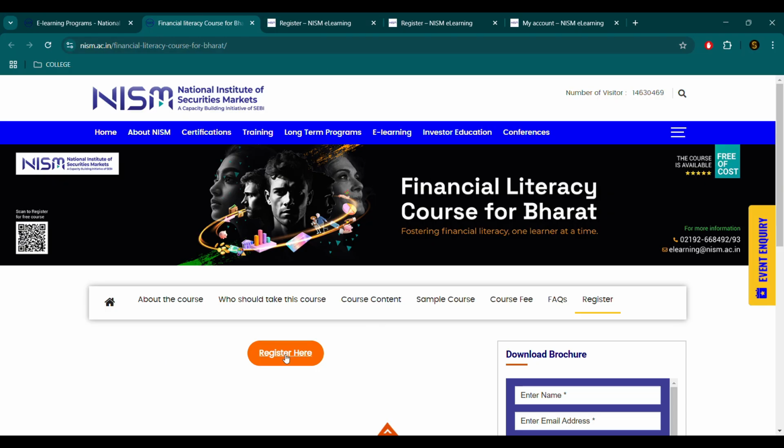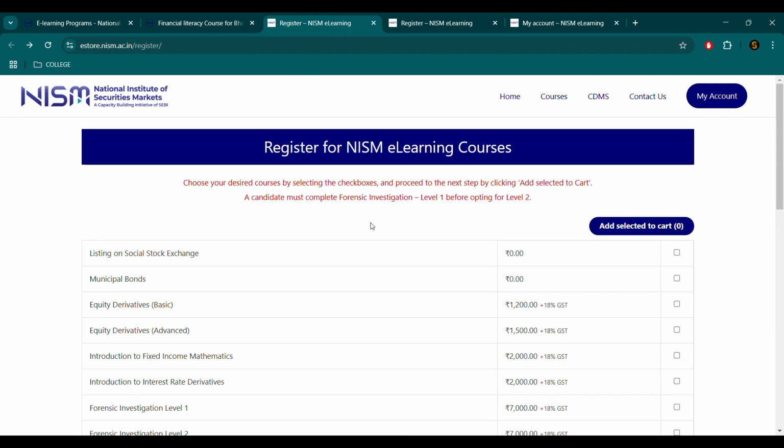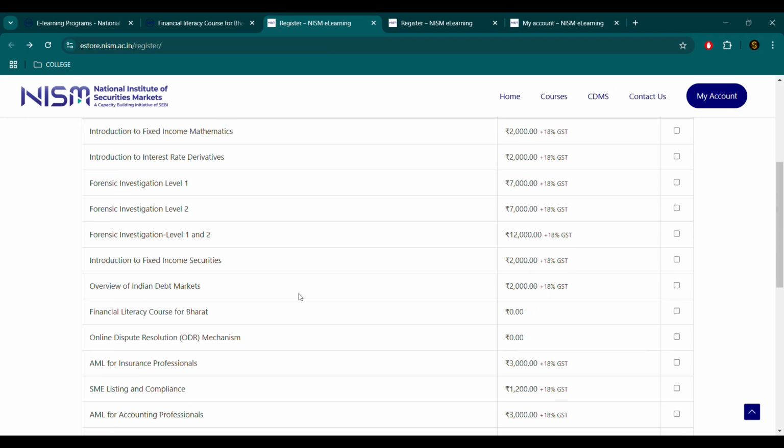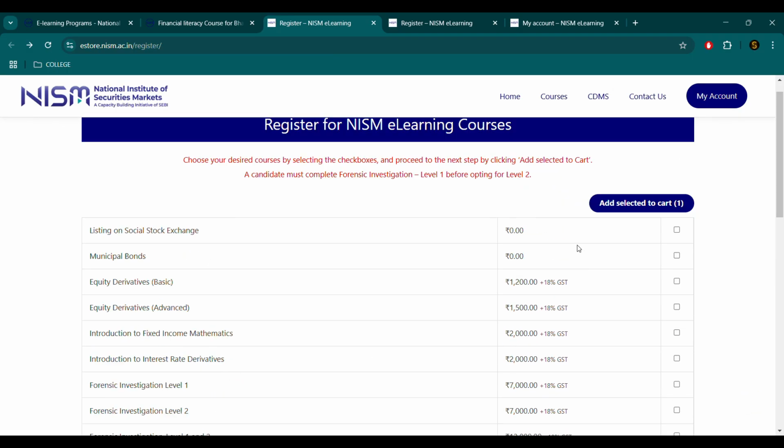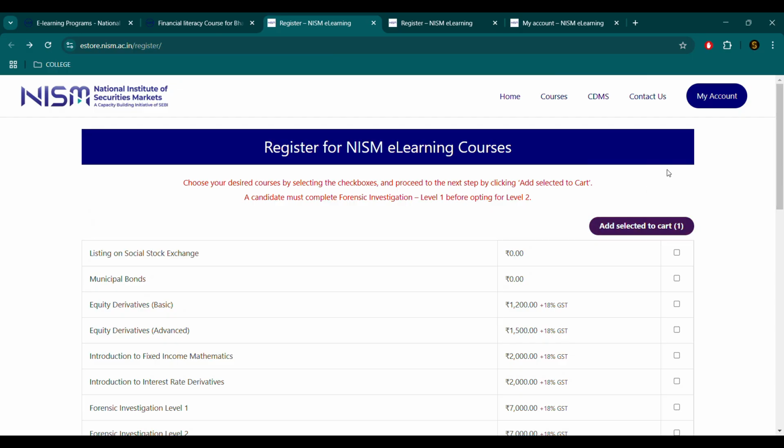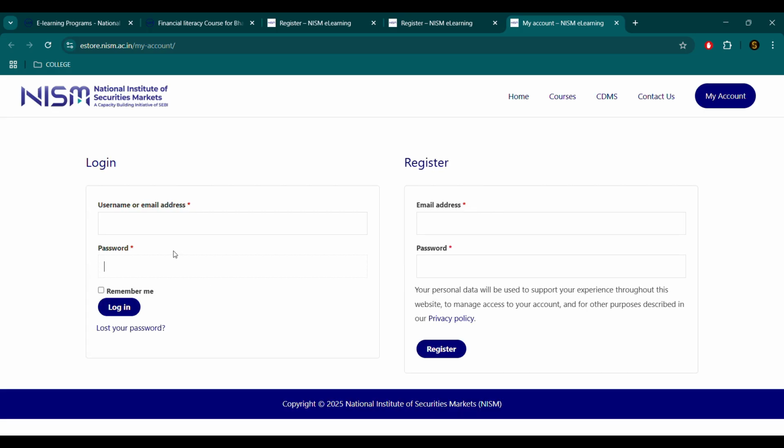Click here to register, and after that you will be redirected to this page. After that, click on the Financial Literacy Course for Bharat. Here you will get two options. If you already have an account in the NISM, then just go on this and enter your email ID